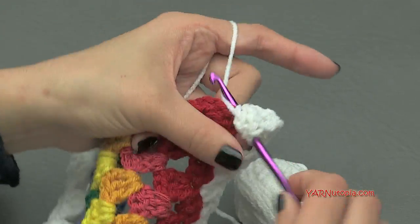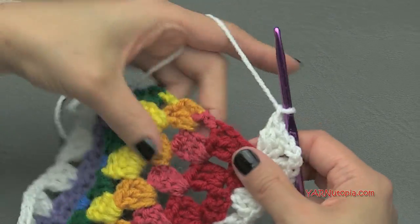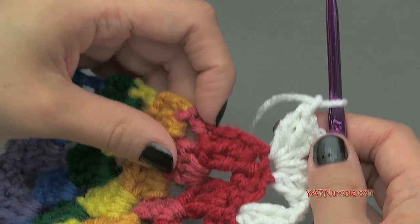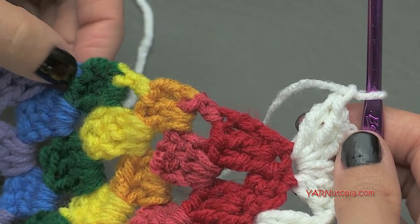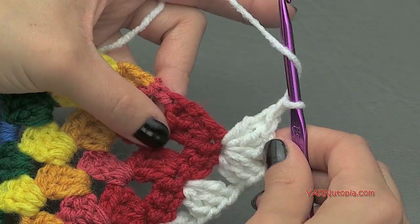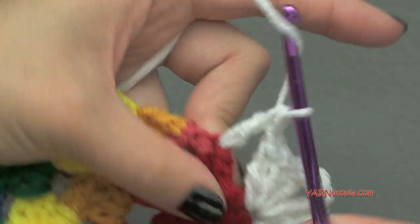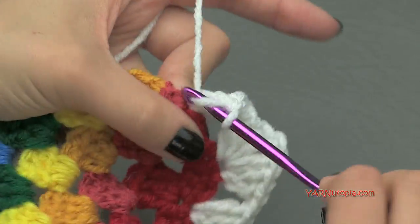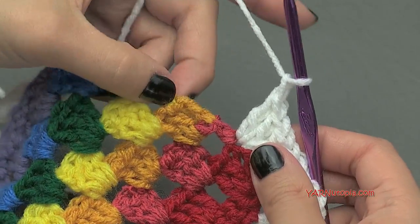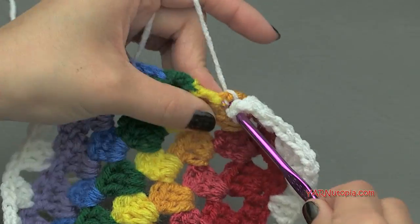Okay, and then we're going up on our last side. We've got to chain 1, and now we need 5 equal on this side. We already have 1, so we're going to put our second one here, third, fourth, and then our 5th one will be way up here. So basically wherever it really fits, I'm going to put one right here. So 3 double crochets, 1, 2, 3, chain 1,